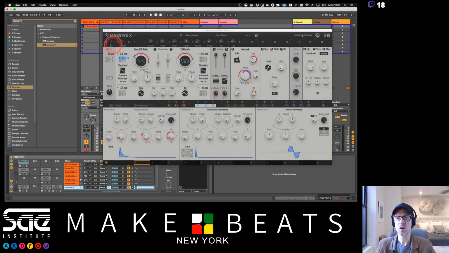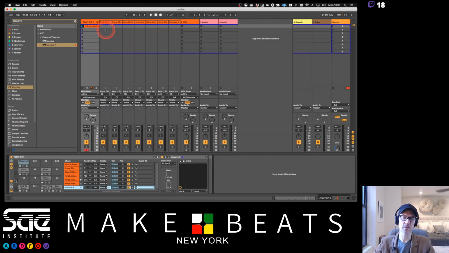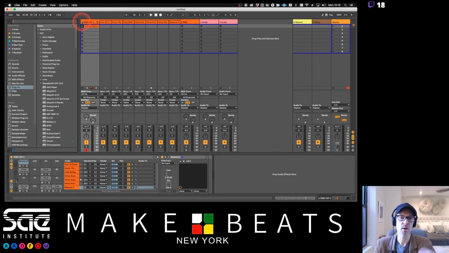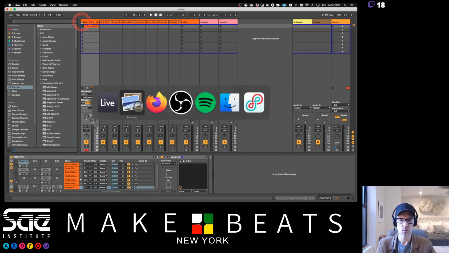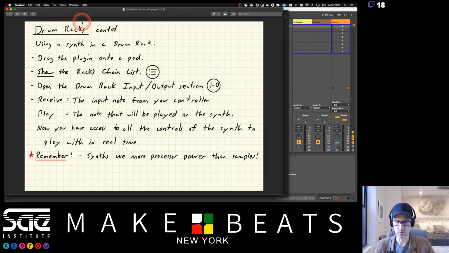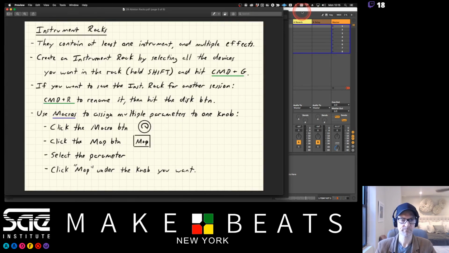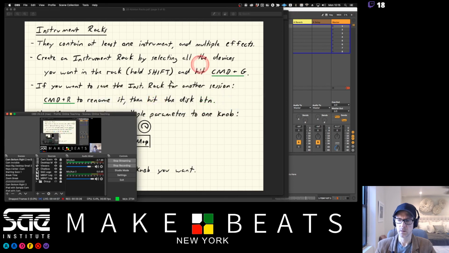I'm not showing you this to recommend that you use a lot of synthesizers in drum racks. I'm just showing you this because it's something that you can do that's pretty cool. The normal way to use drum racks is with samples, just dragging samples on there. That's the way most people use it. That's the main way to use it. This is just a special way that you can use it for those of you who want to go a little bit further than just dragging samples onto it. All right, cool. So I'm going to go ahead